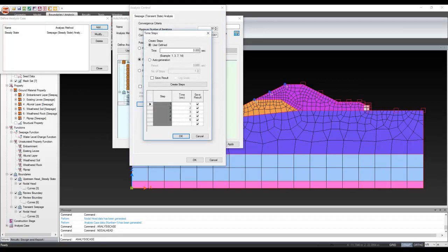You can either provide your complete time steps. Let's say you're having total time of 259,200 seconds, and let's say you want to create the steps. So this is only 259,100. So you can auto generate it, or else you can generate it with respect to time. So what I will do is I will just delete this one, and I will just generate a new case